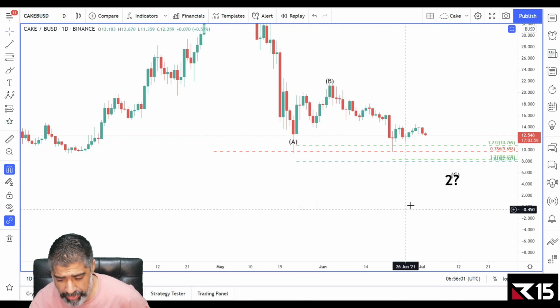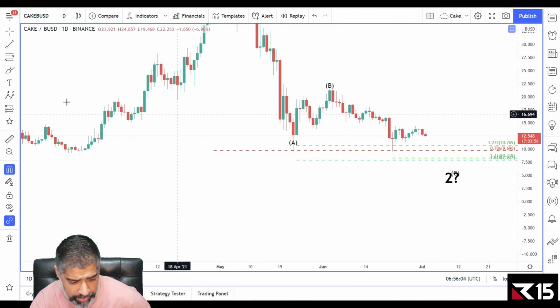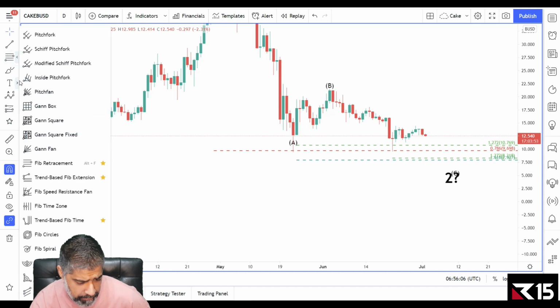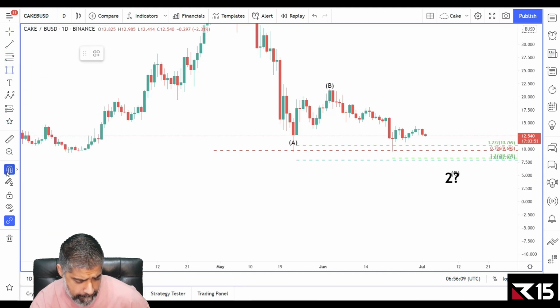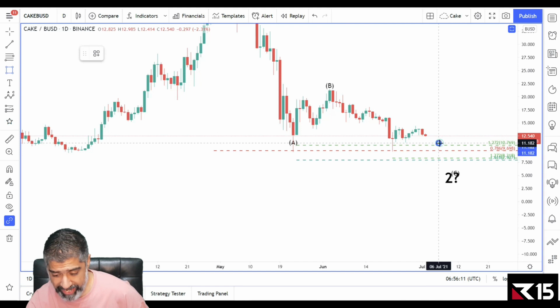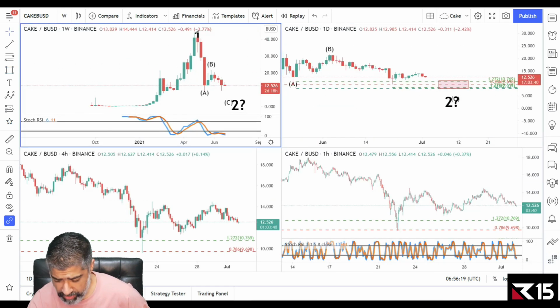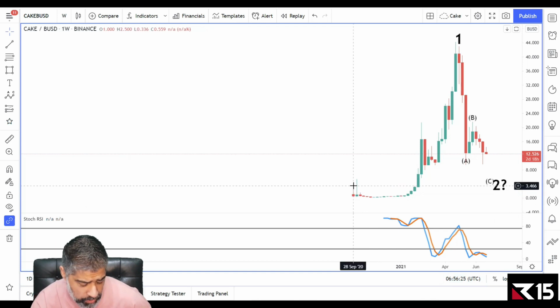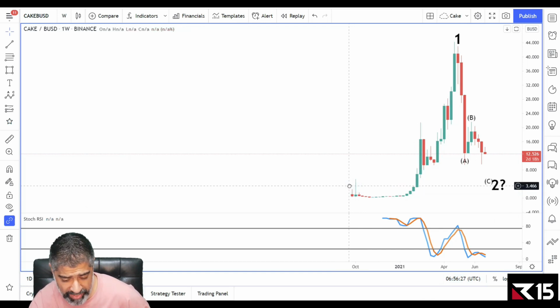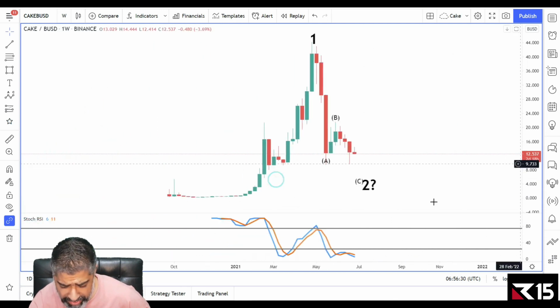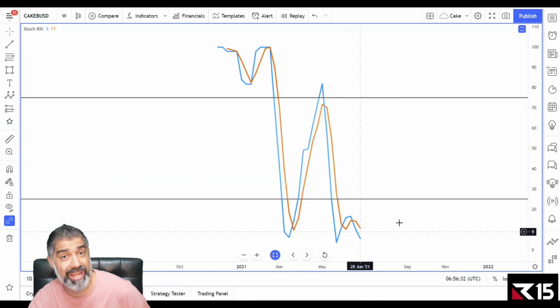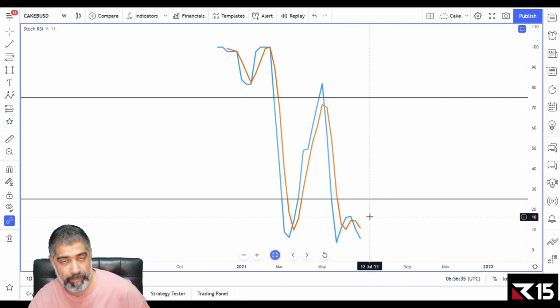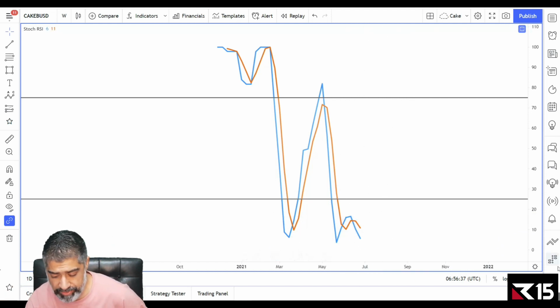So the main thing that we want to know now is the likelihood, from a price perspective, that we are going to see a low being made for PancakeSwap in this region over here. We can get a bit more of an indicator on the weekly momentum. Cake was only listed on Binance in September 2020, hence the data is only available since then. But the main thing I want to look at is this indicator down here. We can see that it is in the oversold zone. So on the weekly momentum, the downside should be limited.